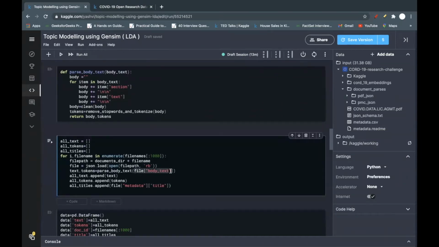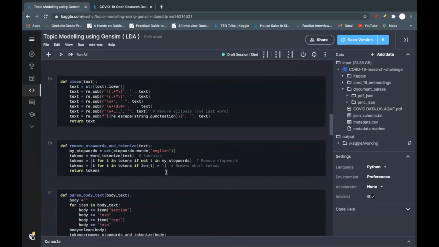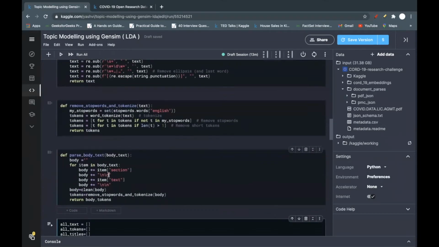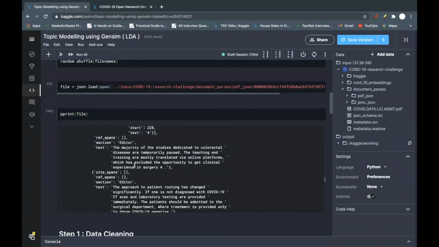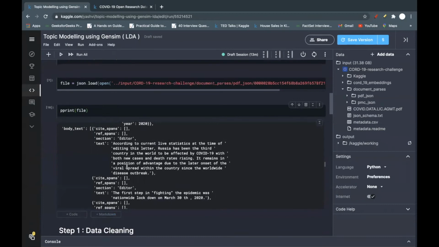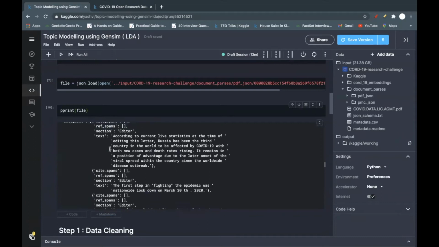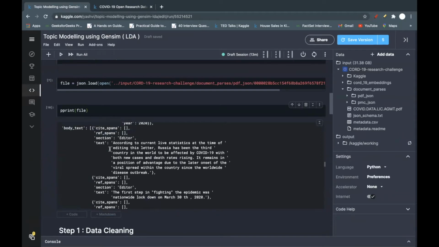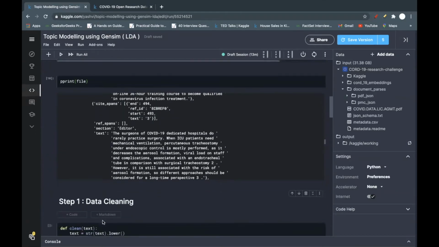I'm passing the file body text into this parse body text function. If you see in the body text, we have an array of information like cite spans, reference spans, section text. We need to add them into one text.